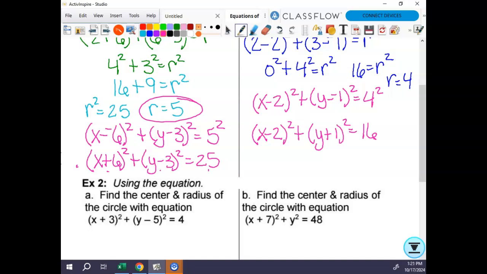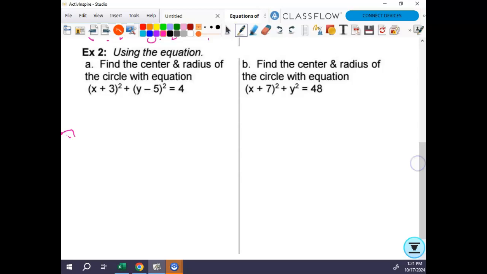Good? Questions? Anything? Okay. So something else you might be asked is, they give you an equation. There's the equation of the circle. And then they ask you for the center and the radius. So still a good idea to write down the equation